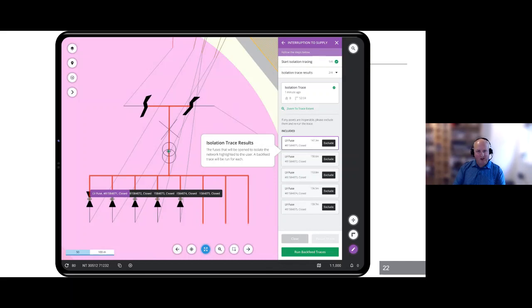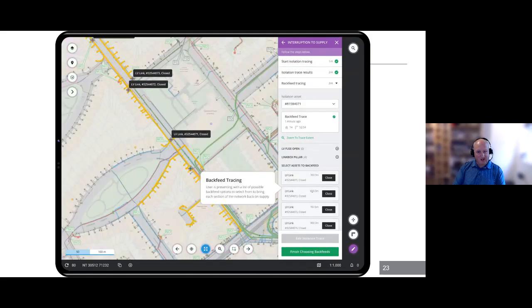So if we run the backfeed trace, next slide, we can see that these are all the customers that are affected by taking that transformer off supply. We can see that there are potentially 4 other LV links that can now be closed to start backfeeding those customers. And as we go through each one in turn, if we turn the first, next slide, please,